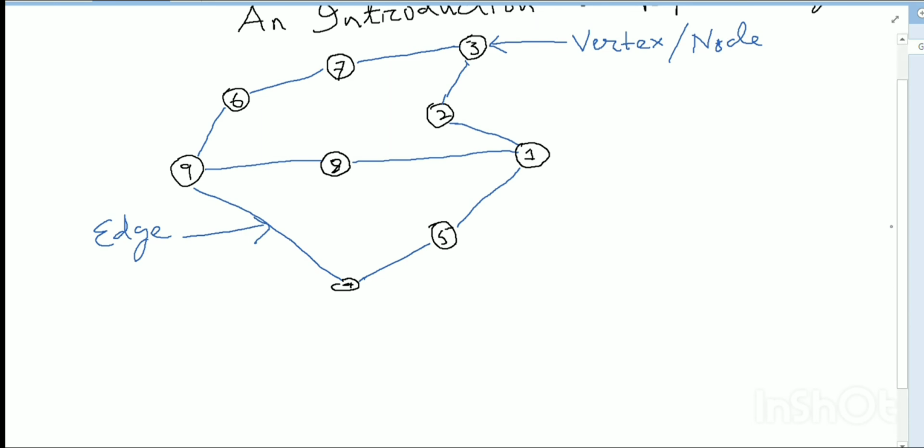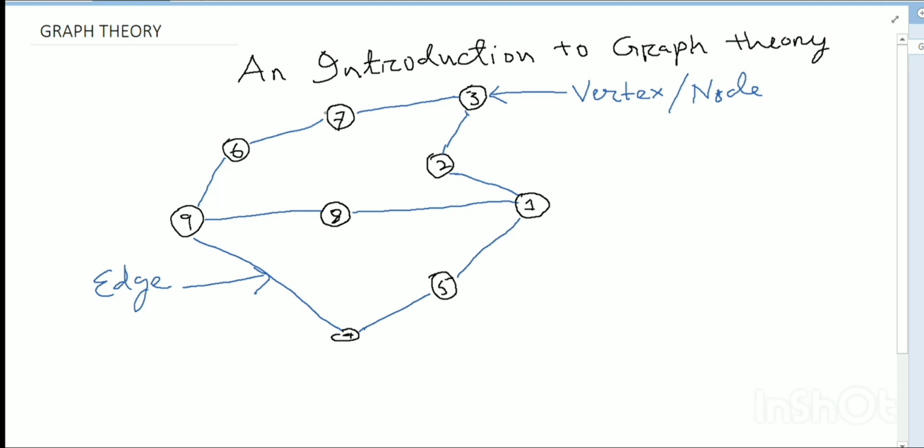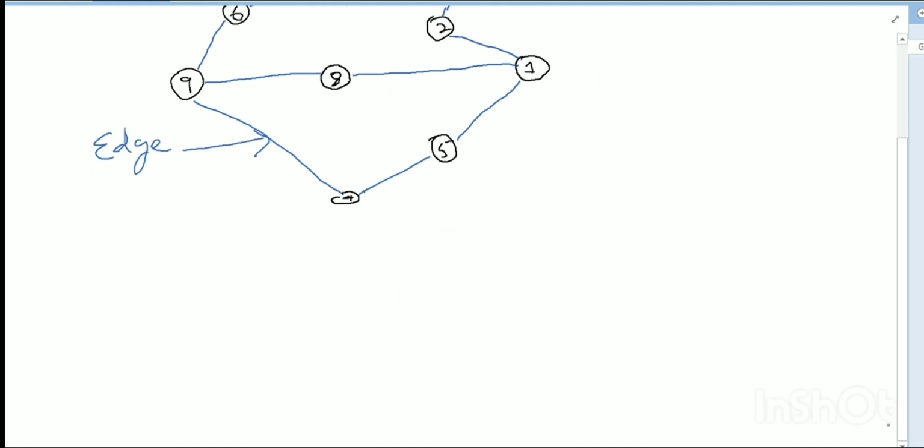This idea of course has more formal names in graph theory. We refer to these circles as vertices or nodes, and the relationships signified by the connecting lines represent what we